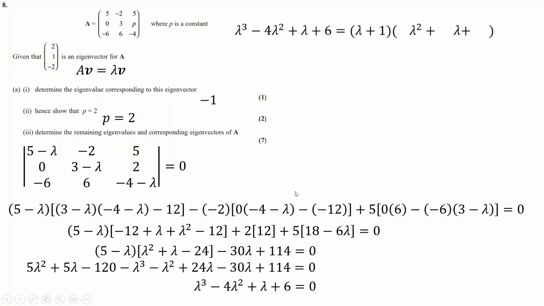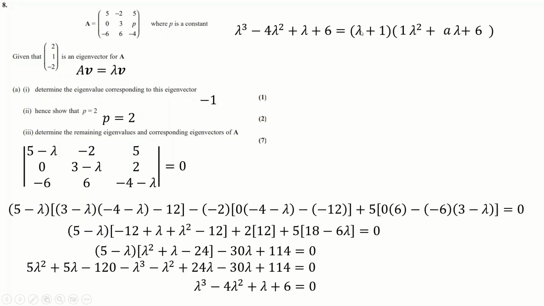Most people at this point would do polynomial division with lambda plus 1. I'm not going to, because I think it's just much easier to spot what the answer is. So essentially this cubic factorizes into this times something else, which is a quadratic. I can clearly see that this needs to be 1, because this times this makes this. And I can see clearly this needs to be a 6, because this times 6 would make that. If I just put an a here as a placeholder for a second, and then just investigate what the lambdas do. There's 1 lambda over here. Over here, there's a lambdas